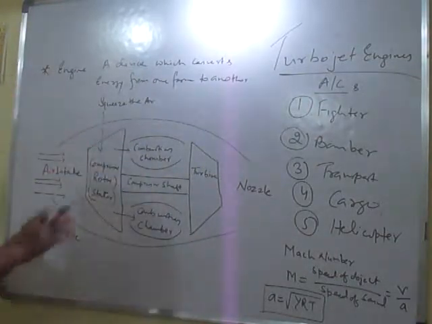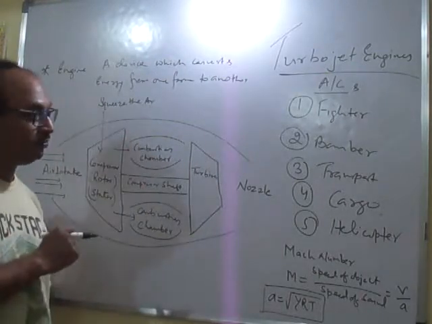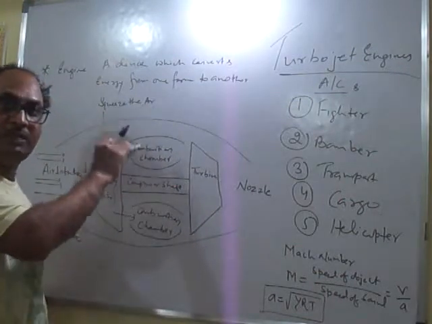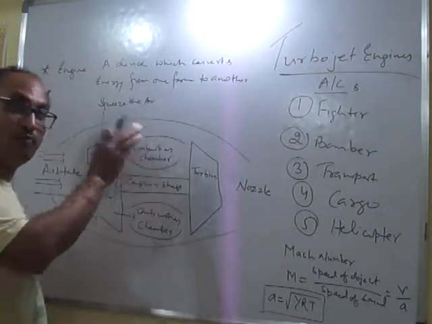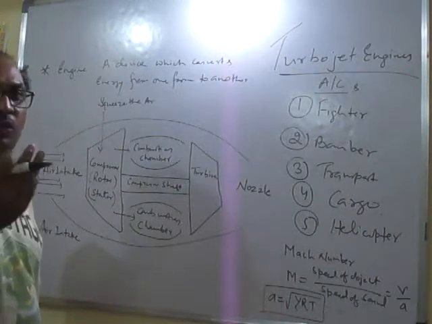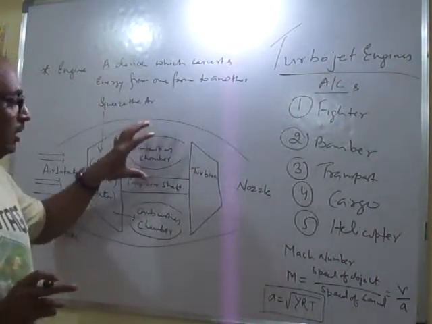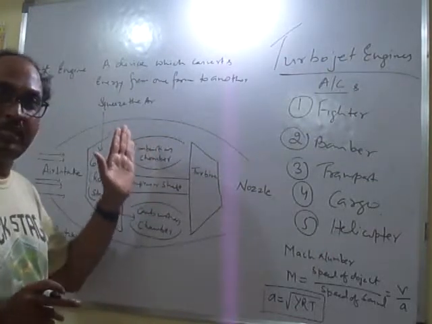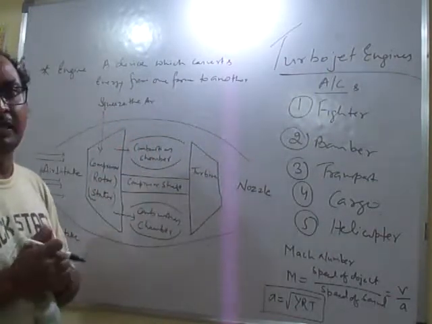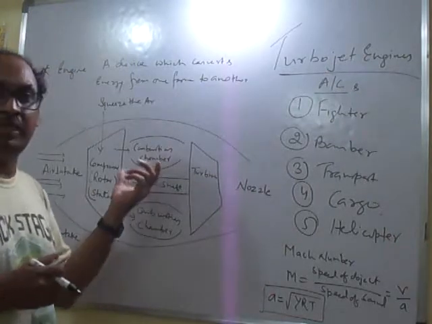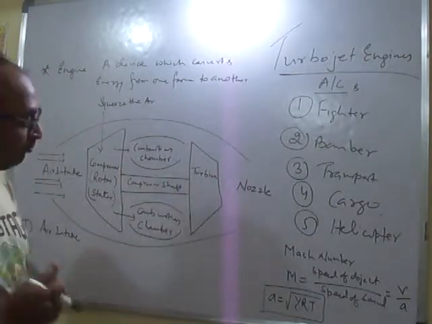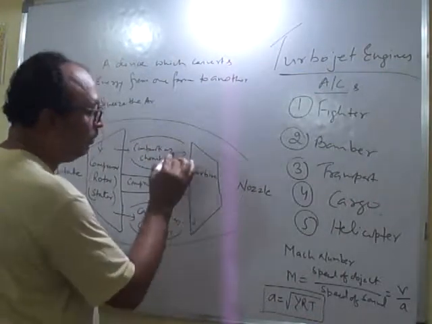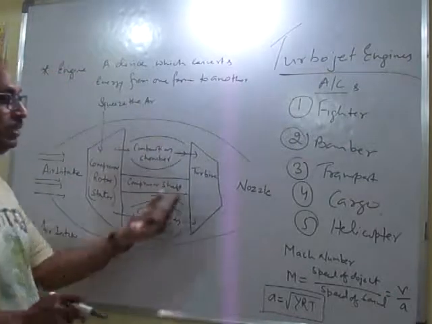Now in the combustion chamber the fuel is burned, and as the air is at high pressure, it is assumed that there is no pressure loss in the combustion chamber. Actually some pressure loss does take place, but theoretically there is no pressure loss. When the same high pressure air is burned with fuel, high kinetic energy is also imparted to the air. With this kinetic energy, the air moves out and hits the blades of the turbine.